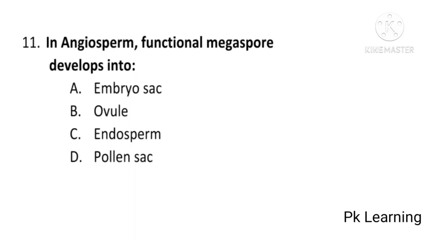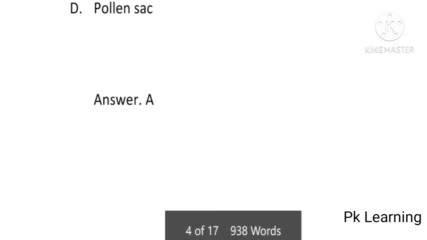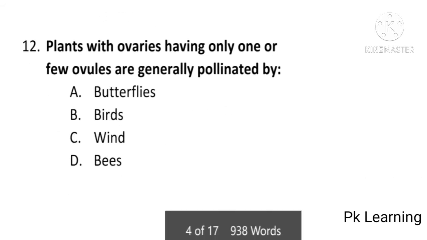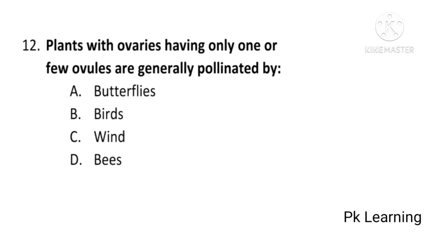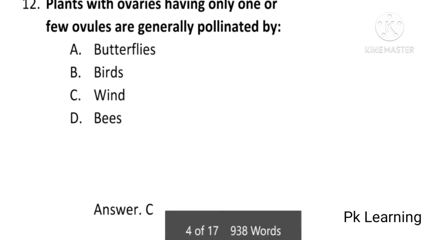in angiosperms the functional megaspore develops into embryo sac, ovule, endosperm or pollen sac, and the answer is A, embryo sac. Functional megaspore in angiosperms develops into embryo sac. A is the correct option. And the next question is plants with ovaries having only one or few ovules are generally pollinated by butterflies, birds, wind or bees, and the answer is C, wind. C is the correct option, wind. And the next question is